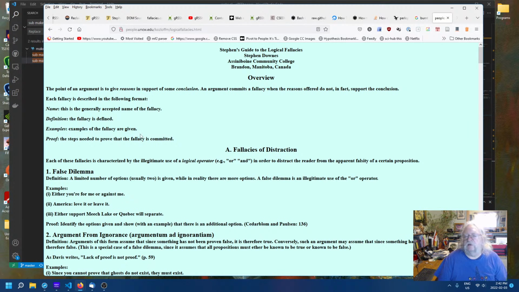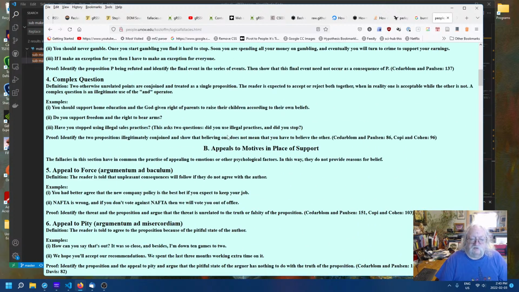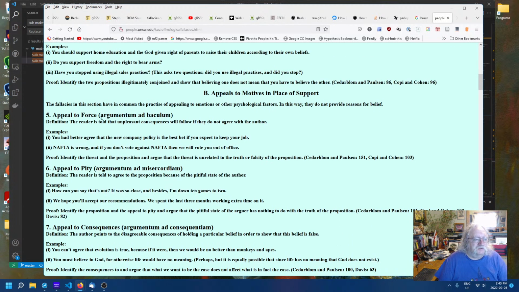Then there would be some examples. And then the way you use the guide is you follow the steps to prove that a fallacy has been committed in the piece of writing that you're criticizing. Also, as we look at it, we see that there are different categories of fallacies. We'll come back to that in a little bit. And also, there are